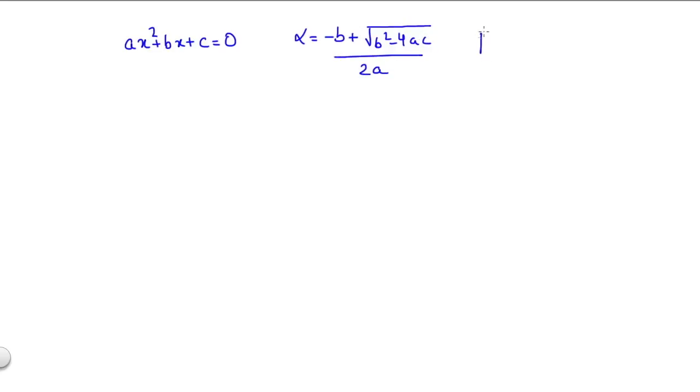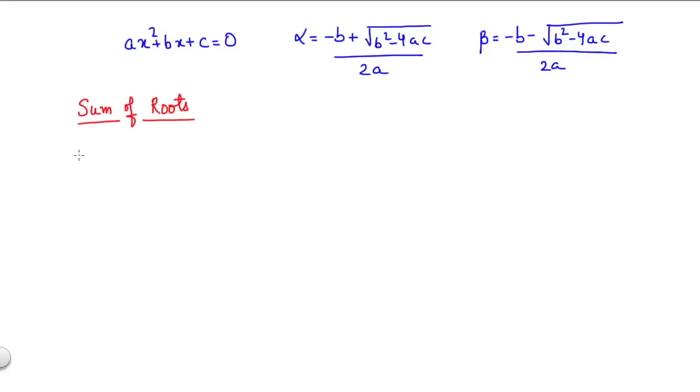Let's assume an equation ax² + bx + c = 0 having roots alpha and beta. We know that alpha is equal to (-b + √(b² - 4ac)) / 2a, and beta is equal to (-b - √(b² - 4ac)) / 2a. Now if we have to sum up the roots, that is, if we have to do alpha plus beta, then